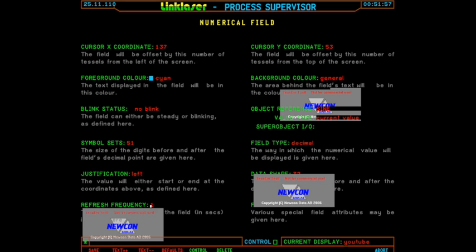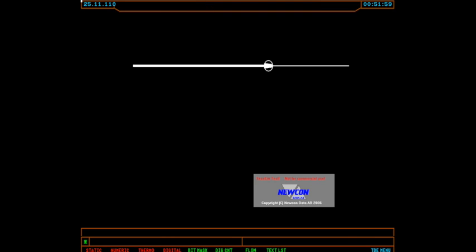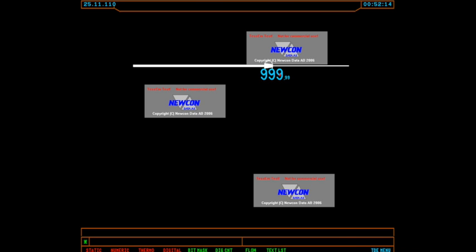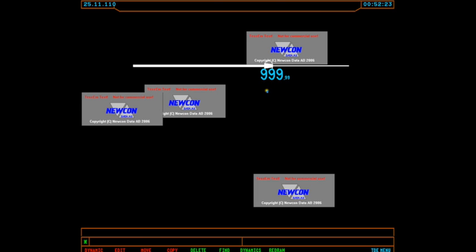Okay, so when I'm happy with that, I say save. And when we go back into the display, you can see I've created my cyan field, 3 characters before, 2 after the decimal point, and actually it's in the wrong position. So I position my cursor over it, and I say select, and I then choose the soft key down here that will allow me to move it. So I move the cursor, and I simply say move, and it'll move the